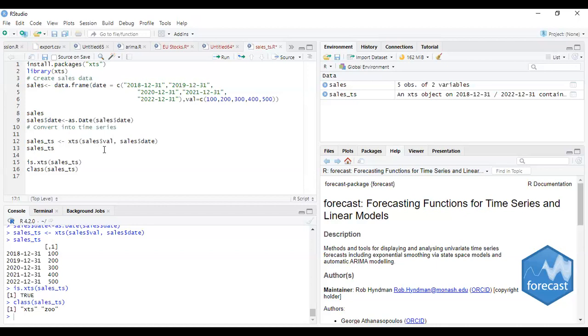One is the value column and the other is the date column. So first you have to write the data name. The data name is sales, dollar sign for the column. First is the value column val, comma, sales is the data set name, dollar, the second column is date. So in that way it has created the